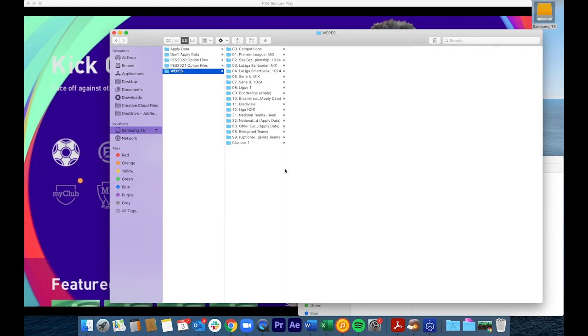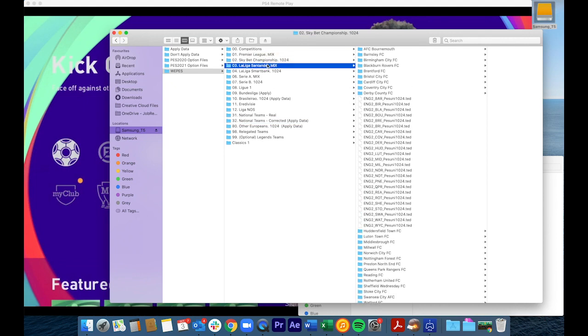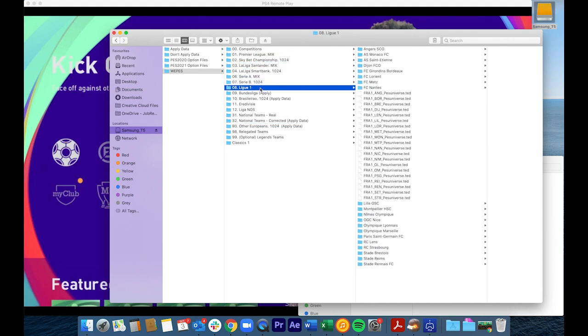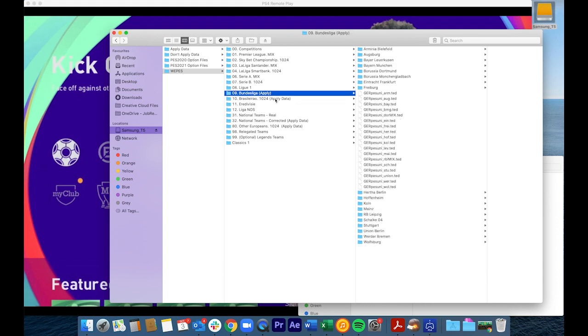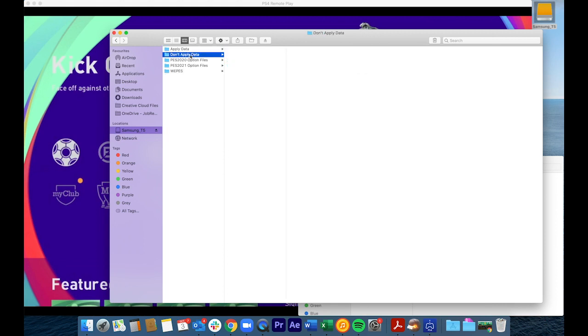The only thing is you can't import them in the same way. We do have in this folder some without anything in brackets after the name of the leagues, and then we've got some which say apply or apply data. So it's a different way of importing. I personally recommend running two separate imports because when you get to the import function within PES, it doesn't show the leagues, it shows the teams that you want to import. So checking on or off a whole bunch of teams is quite cumbersome. You might just prefer to run two separate imports, which is why I've got apply data and don't apply data,